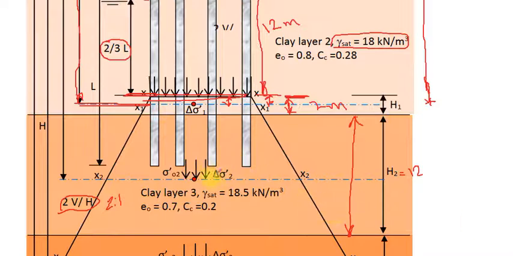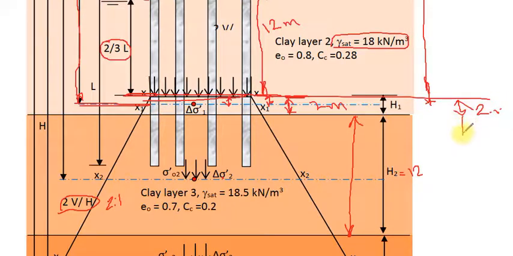To compute the stress increase at the middle of the layer, we have to use Z from this level, the level of the equivalent raft, here 2 meter, here 2 meter,